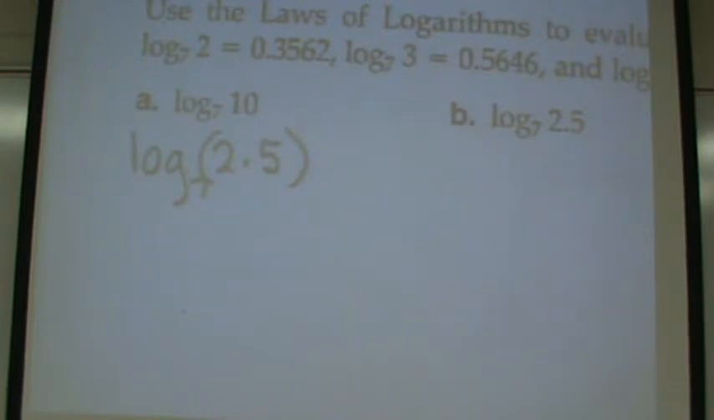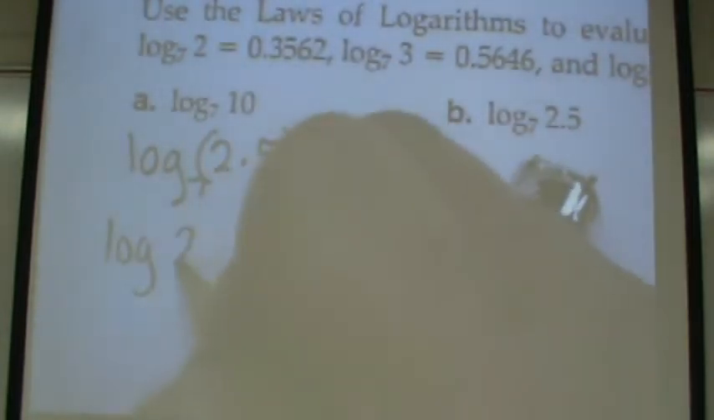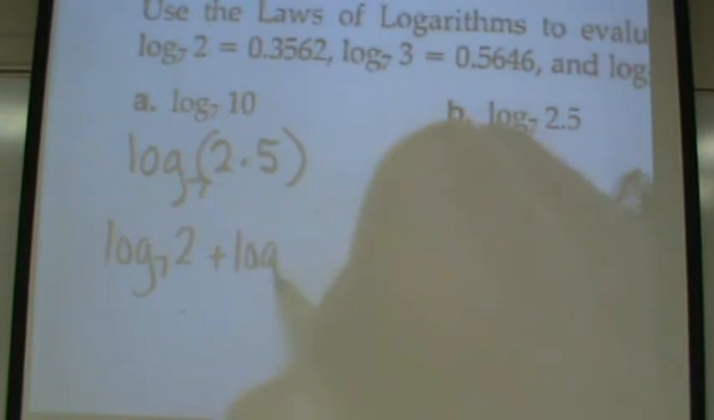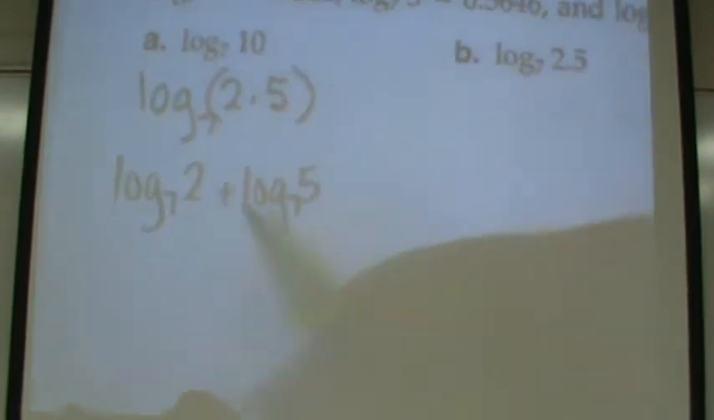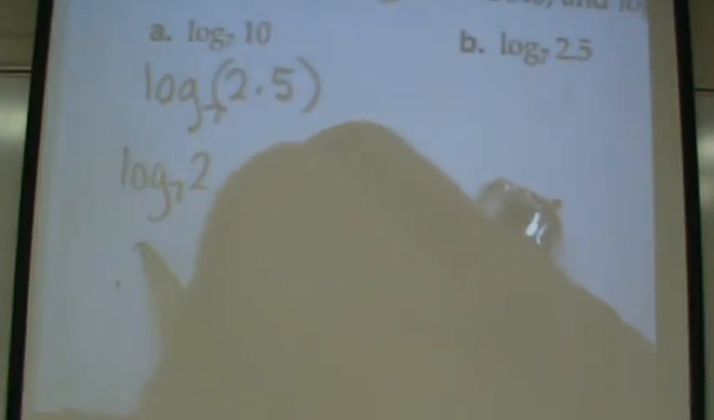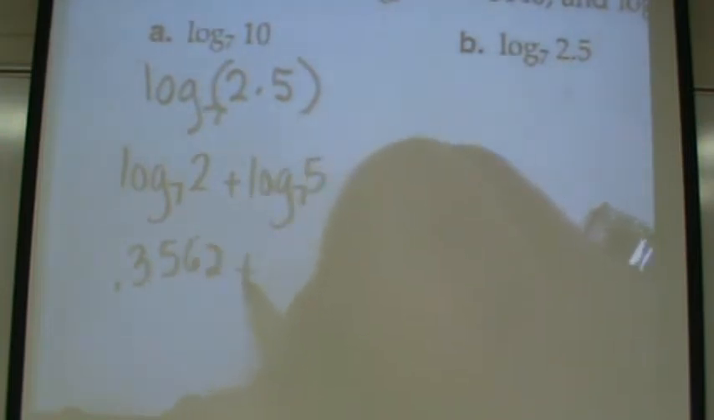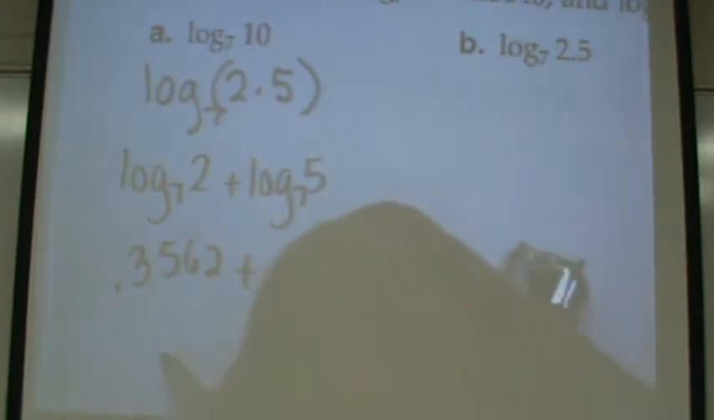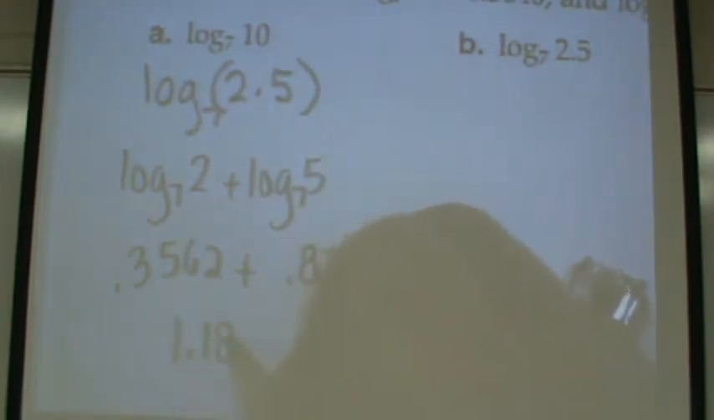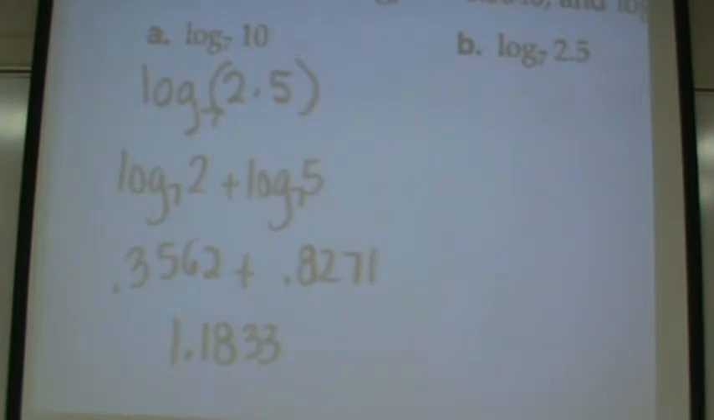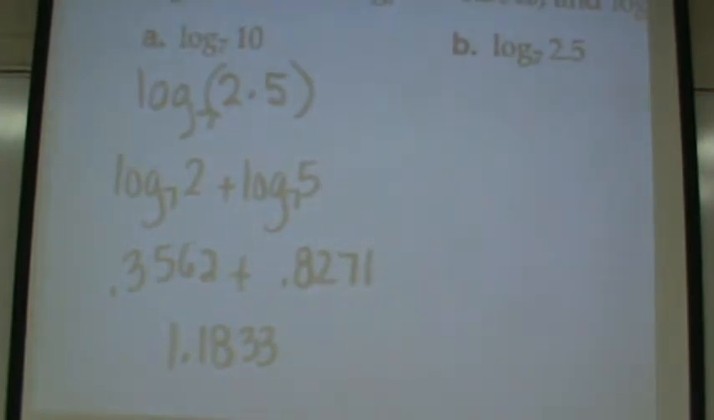So you should get the log of 2 plus the log of 5. You're going to substitute. Log of 2 is 0.3562. The log of 5 is 0.8271. Add those two numbers together, 1.1833. Easy. Next one,